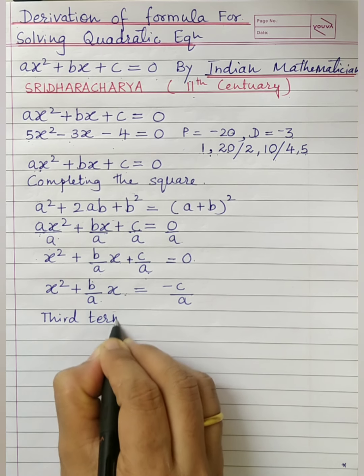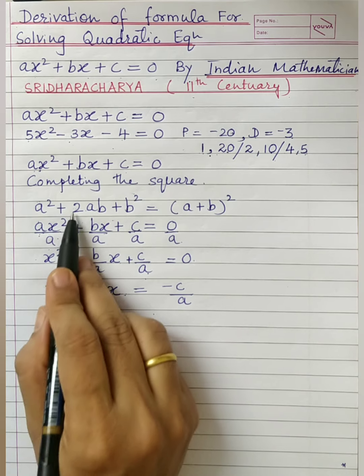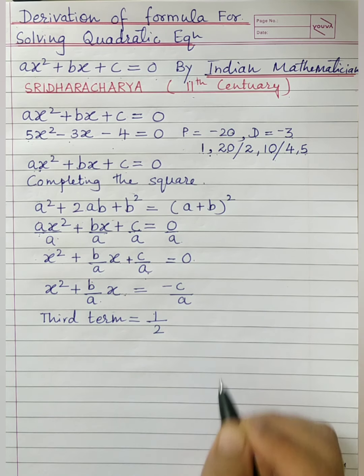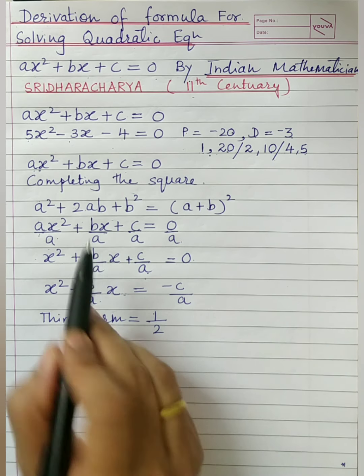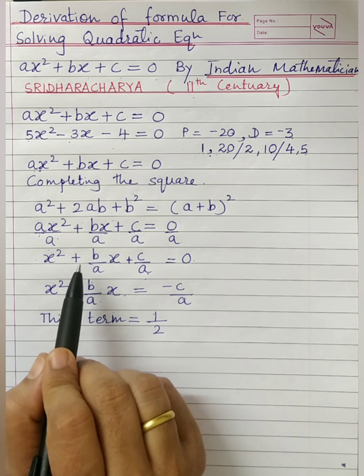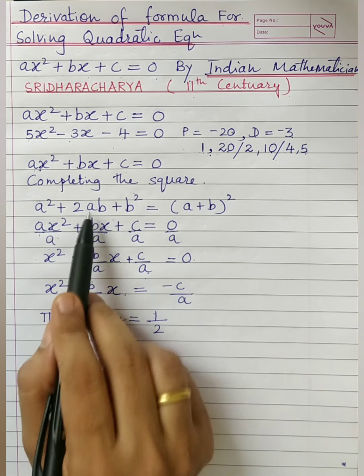The third term we are going to search for is the one that makes the LHS a perfect square trinomial. So first thing you will need to eliminate is 2. So you need to multiply it by 1 upon 2, right, into the coefficient. Now you want to know the value of b, so you need to go for the coefficient of a.